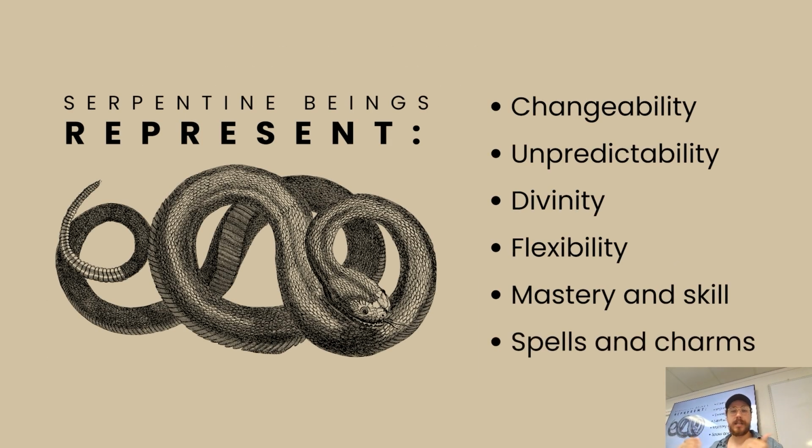Again, the shedding of the skin. They represent unpredictability. Again, the head can be here and the tail can be here, and how is it in all of these places at one time, right? Divinity, this idea that they have a certain mastery over the world. This is kind of how ancient people associate